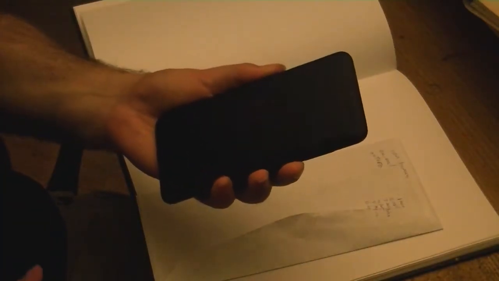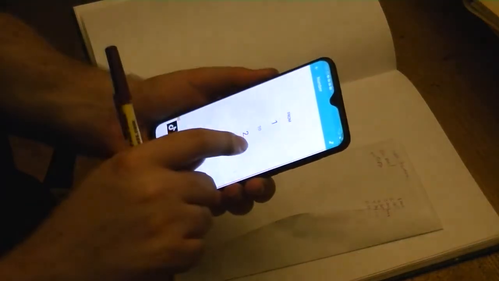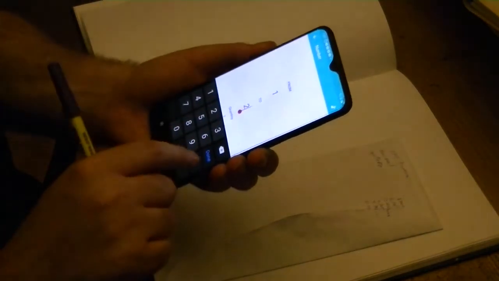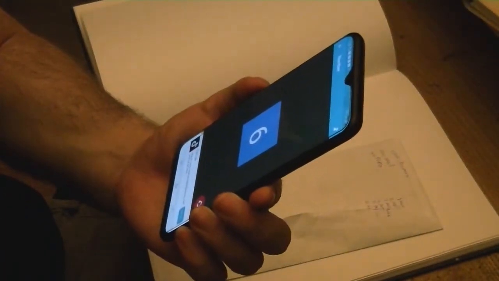We'll probably go even more specific, but right now that's what we're going to do. So the numbers 1 through 6. Okay, fine. It's aquatic. We're doing an aquatic.